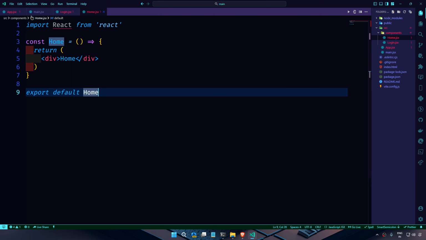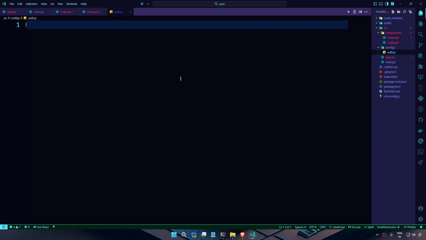Now these are the files we are going to modify. We are going to add another folder in src. So this will be our configs. So this will be our backend path. It will connect the APIs with the Firebase and with the authentication from Google. So I'm going to create a file called auth.js, and we are going to set up our Firebase in our browser, and we are going to get the imports from that. So these are all the folders and the files we are going to use,